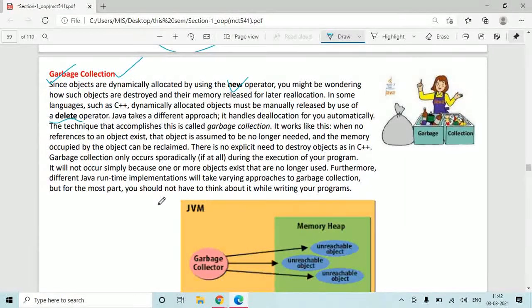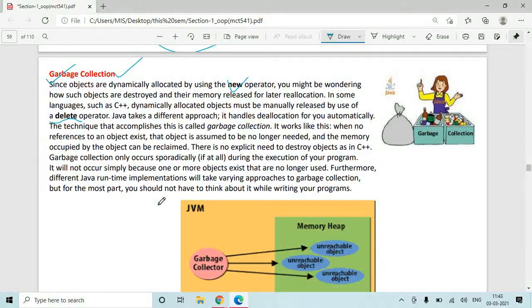Now here in Java, when you create an object and the JVM, the Java Virtual Machine, feels that this particular set of objects is no longer needed in the program.